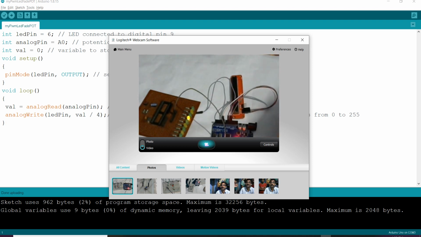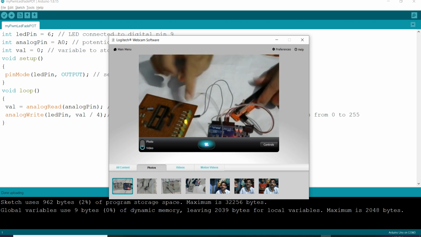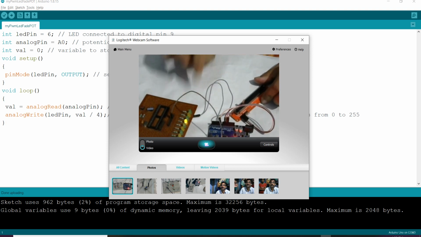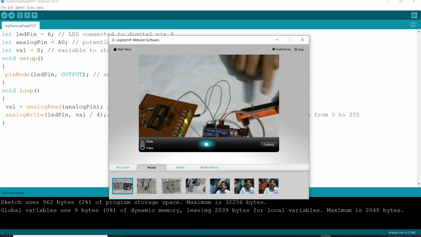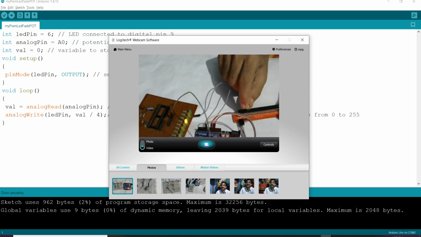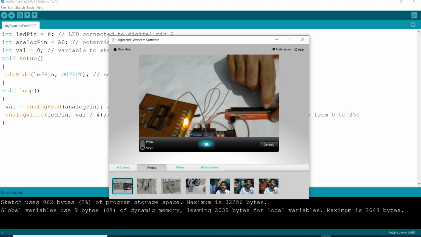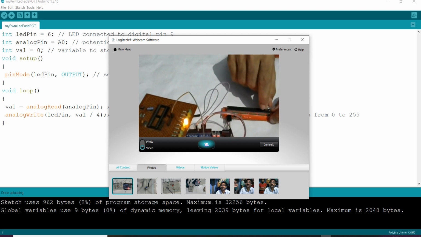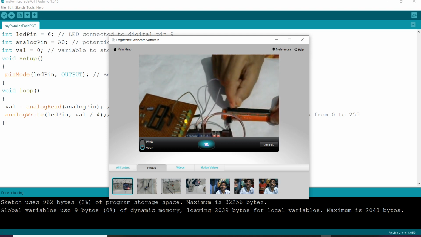Now observe here. This time my LED is not changing brightness by itself. It is dependent on this potentiometer. When I make changes here, that should reflect there. Here I am changing the potentiometer value. I supplied the maximum analog value, so brightness is full. Now I am supplying very low, and the brightness is 0, meaning 0 volt.